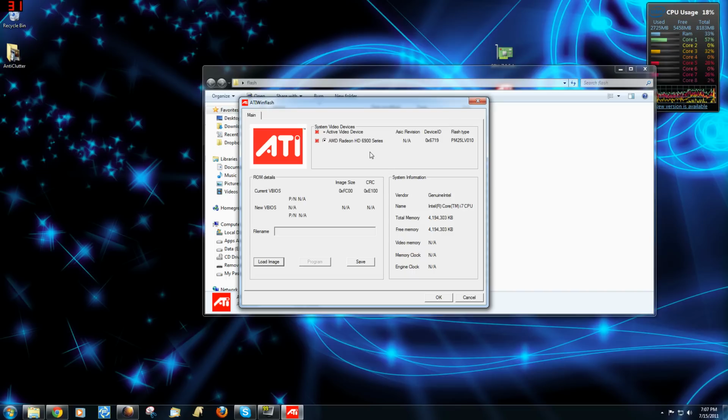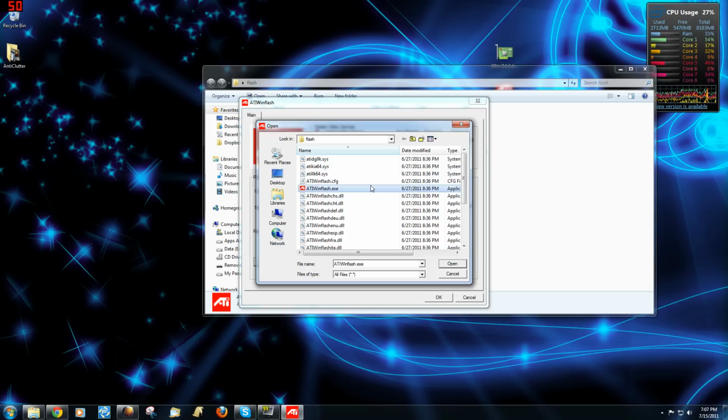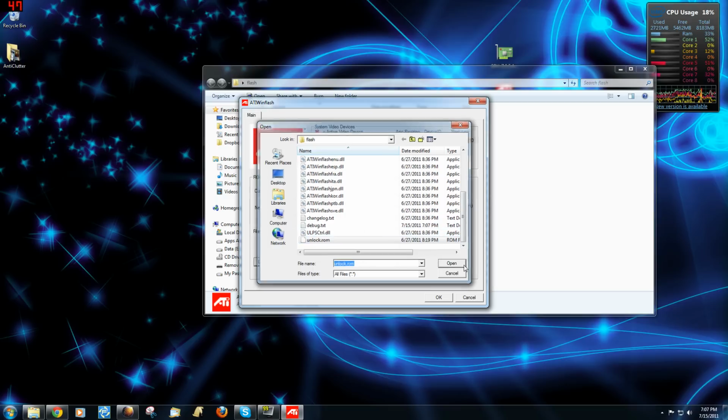And so it's going to detect your 6950, and what you're going to want to do is select load image, and then you're going to go and find that file that you saved from RBE, not the backup file from GPU-Z, but the file you actually edited. You're going to open it up,